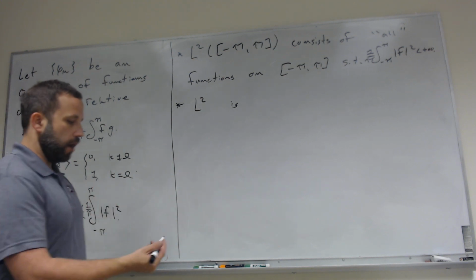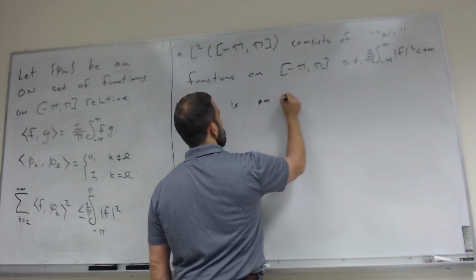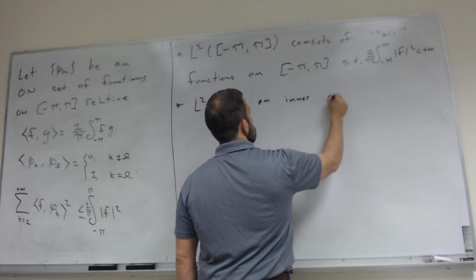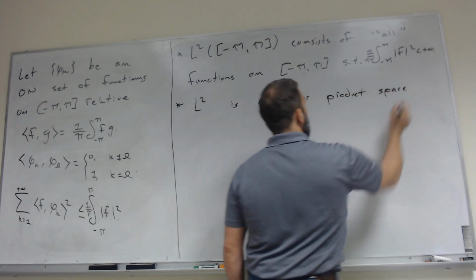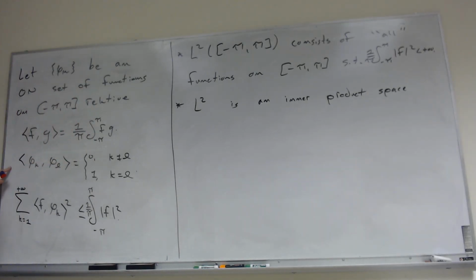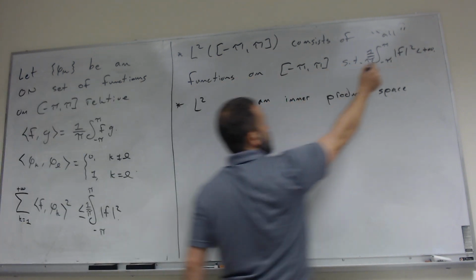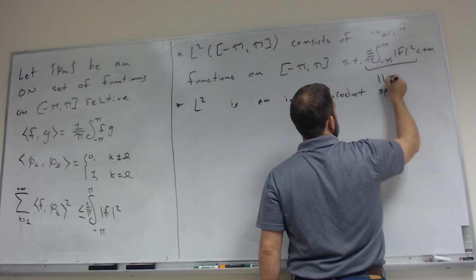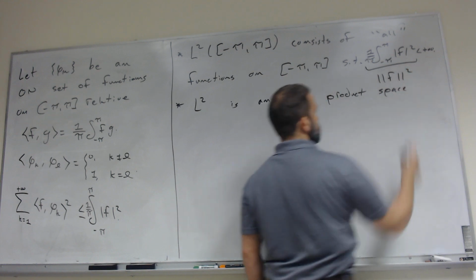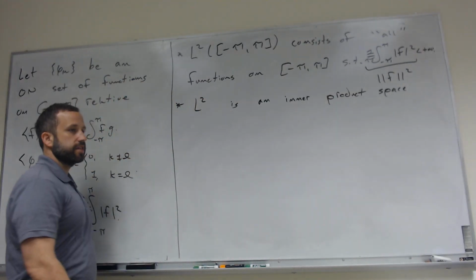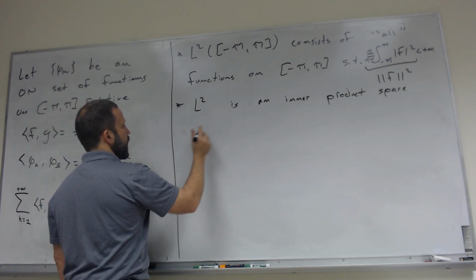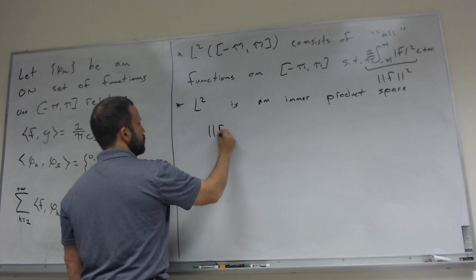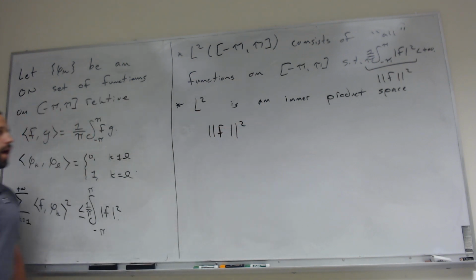Okay, so L2 is an inner product space. Basically what that means is that there's an inner product, which we define this way, that induces this quantity right here, which is called the norm of the function, or the square of the norm of the function. It's a measure of the size. It's like the magnitude of a vector. So it's an inner product space, so it has an inner product, and what this means is that the norm squared of a function